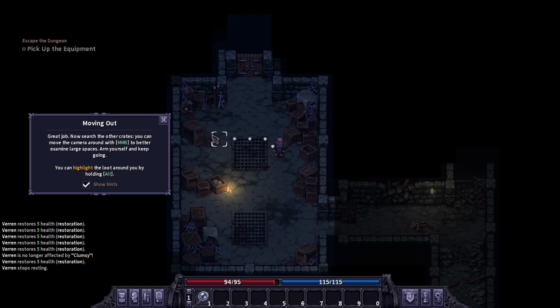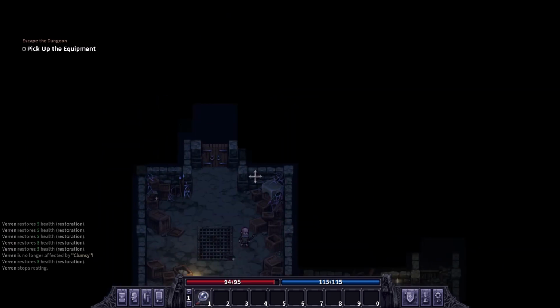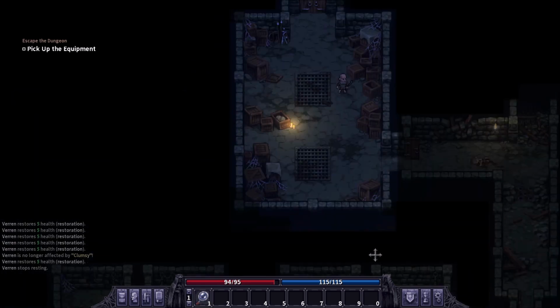Cool. Great job. Now search the other crates. You can move the camera around with the middle mouse button to better examine large spaces. Arm yourself and keep going. You can highlight the loot around you by holding down Alt. I didn't know I could move the camera. Well, I mean, obviously I didn't know that. I haven't been here yet. I only made it to about here. Never even fought that guy, so...